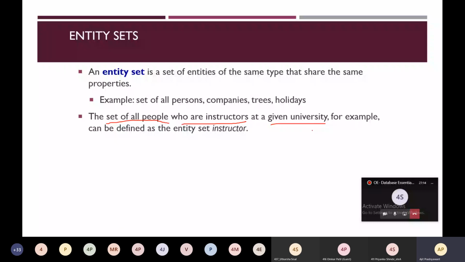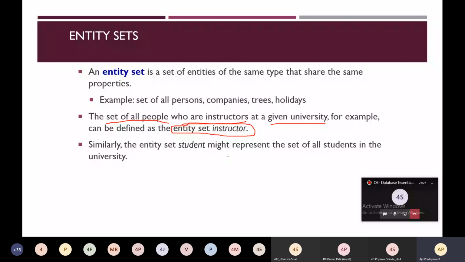It can be defined as an entity set given the name instructor. Similarly, the entity set student might represent the set of all students in the university. You can name it entity set student.